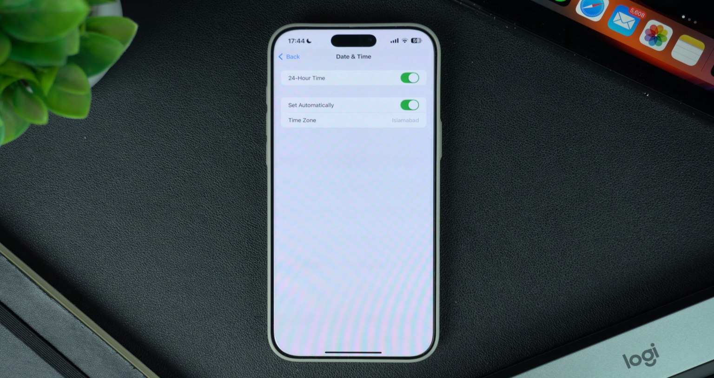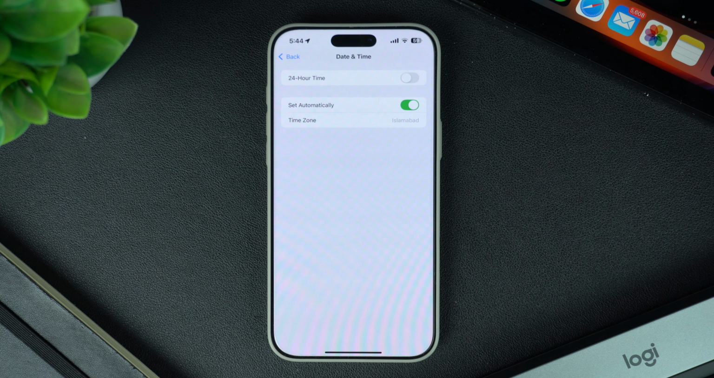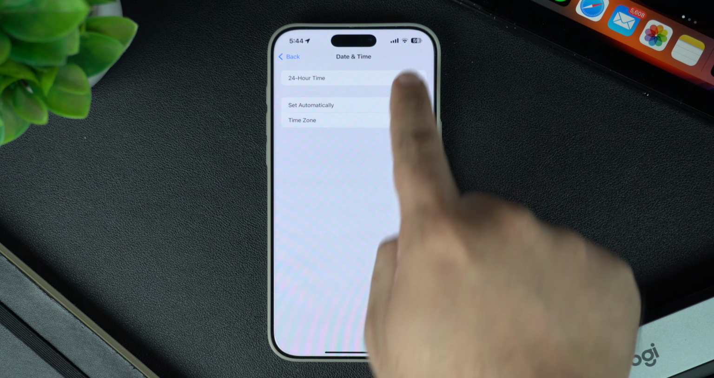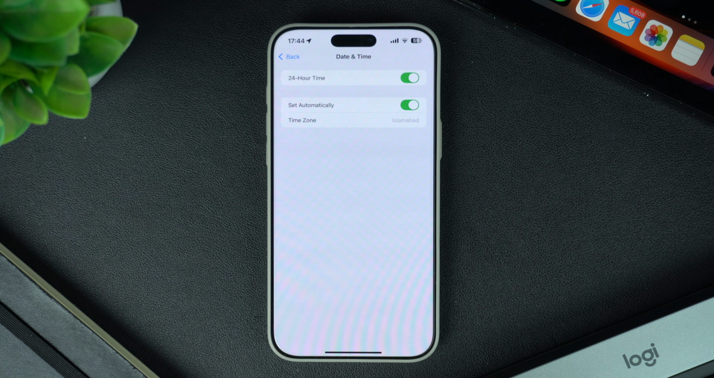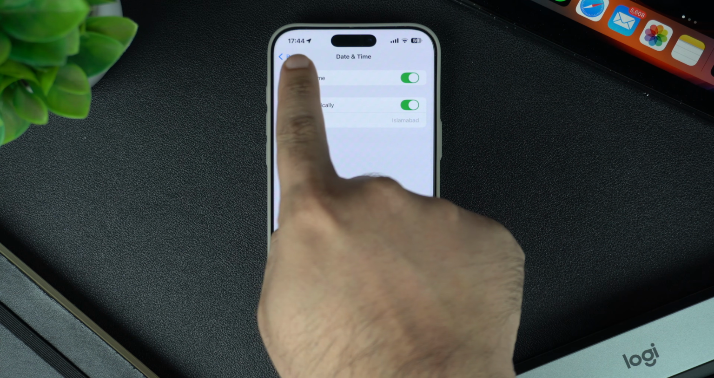If you want a 12-hour clock format, then you should turn this toggle off. However, if you prefer a 24-hour clock on your iPhone, then you have to turn this toggle on. After you have made your selection, your device's clock format will update instantly. You can check it on the status bar or on the lock screen of your device to ensure it's set